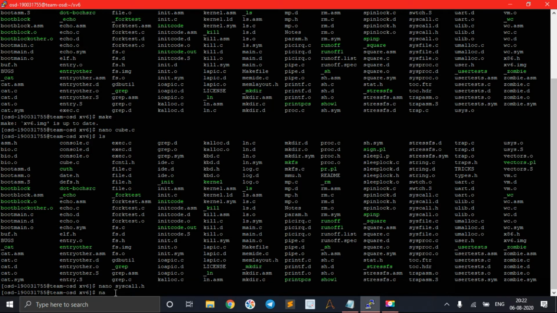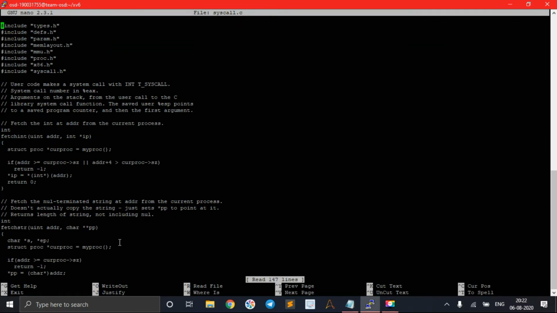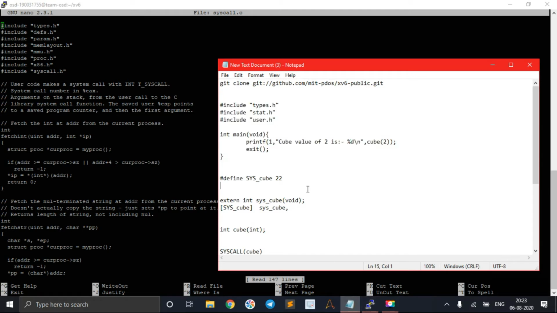Next is open nano syscall.c, the syscall.c file. In this file also we have to make some changes. First of all, I will mention the changes, please remember them. We should add these two commands here.